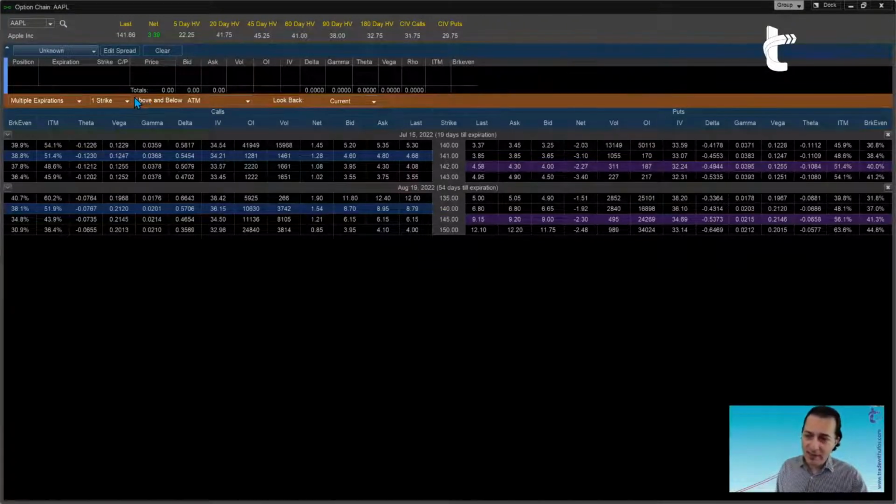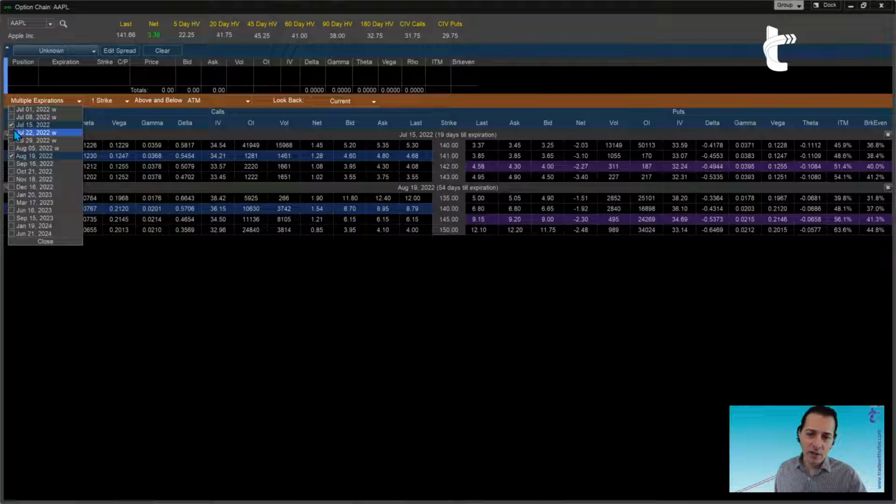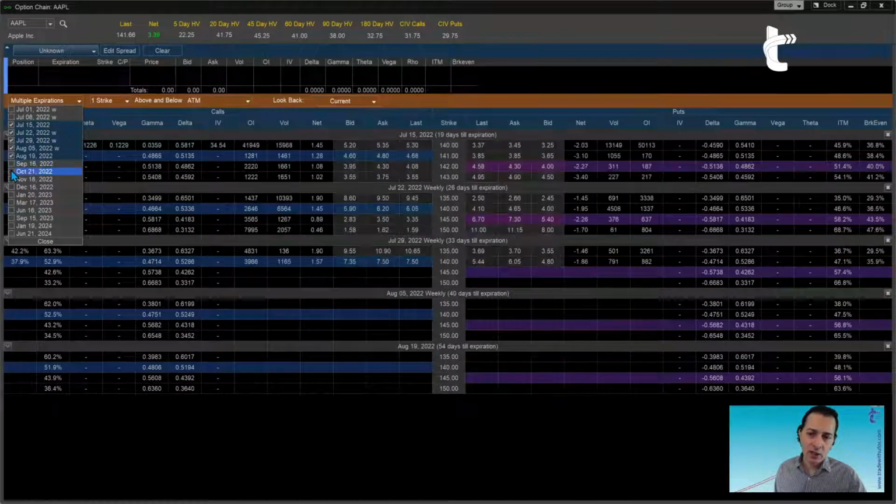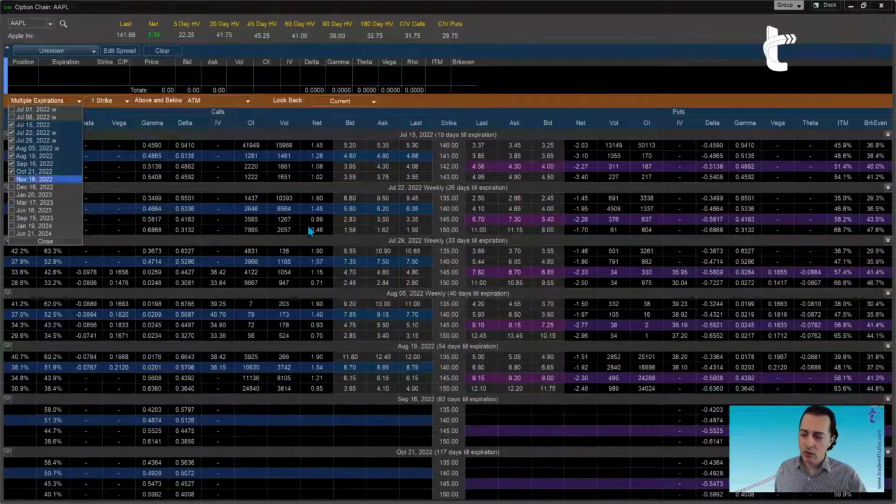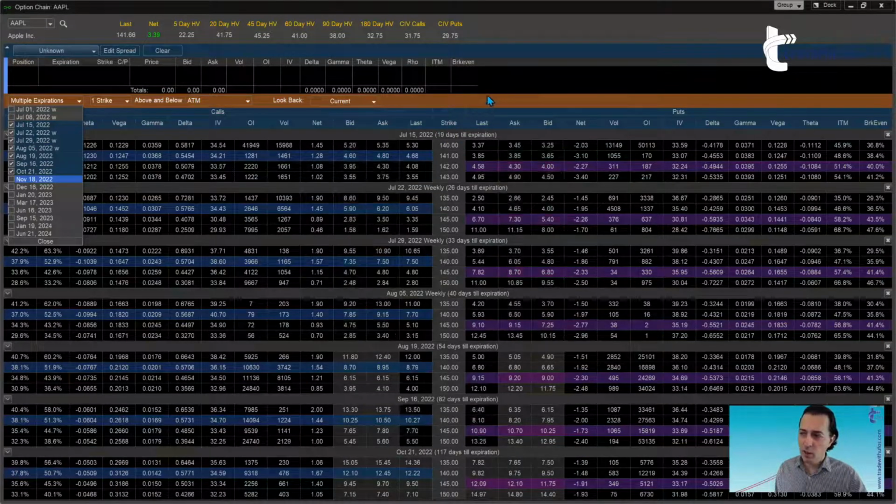Now, while you're doing that, you may have noticed that the one I have not discussed is multiple expirations. Obviously, multiple expirations also apply. If we are looking at the current date, displaying 1 strike above and below the money, and instead of the 2 expiration dates that come by default I select many more expiration dates, notice how many more rows show up.